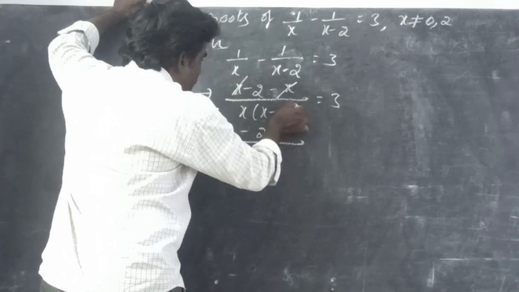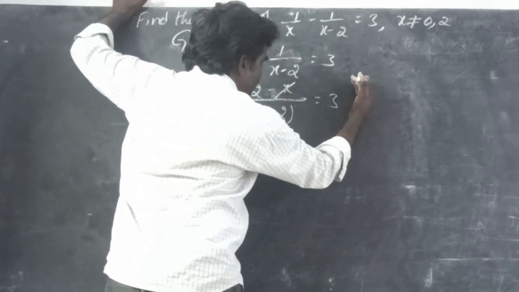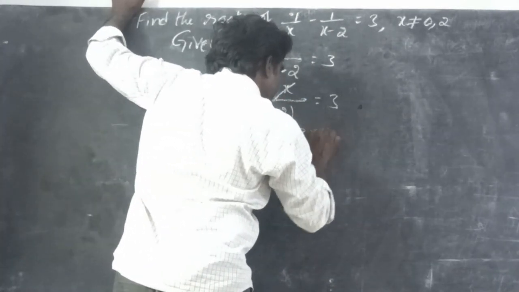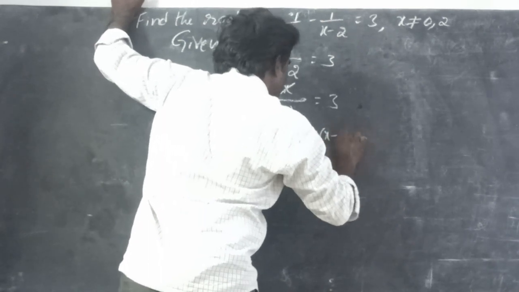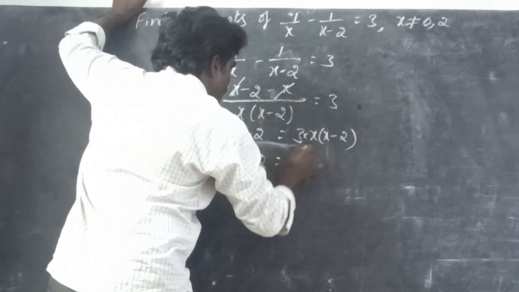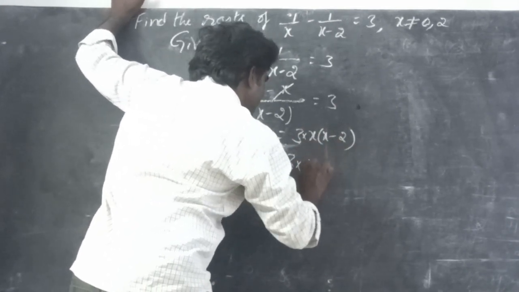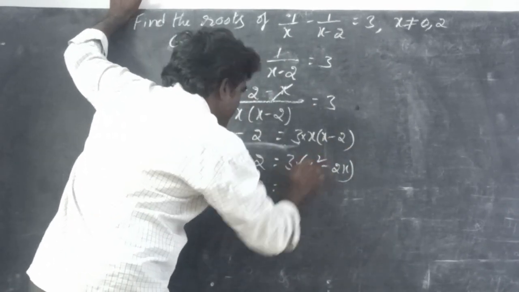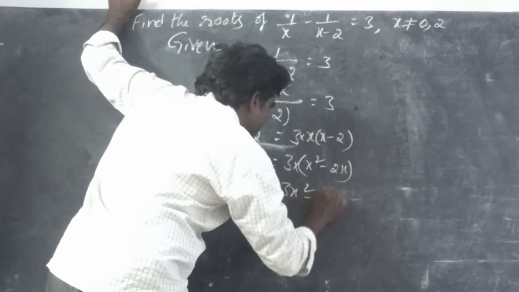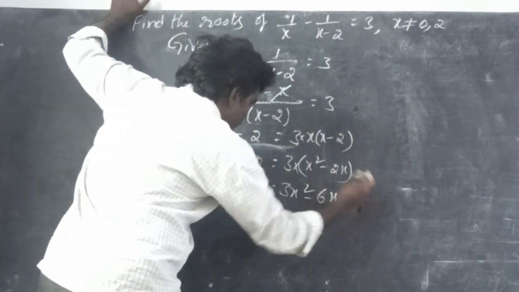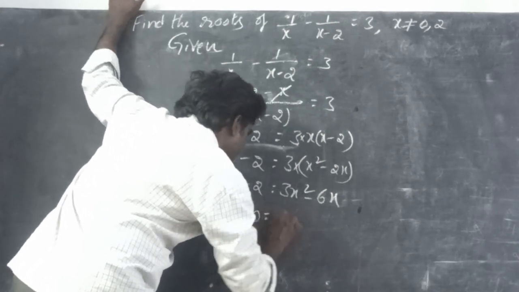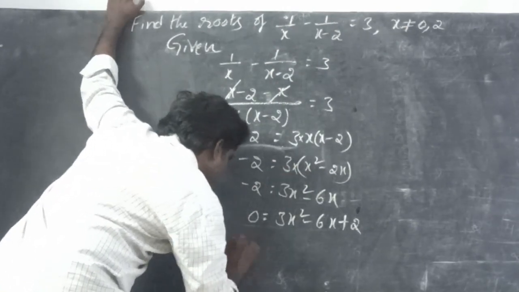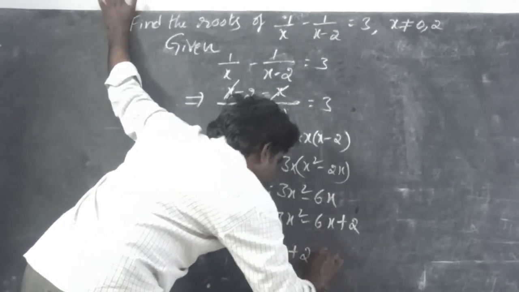Here it is the total division. The denominator is going to the right side and becomes multiplication. Okay, so is equal to 3 into x into x minus 2. So minus 2 is equal to 3 into x into x, x square, x into 2, 2x. Next, minus 2 is equal to 3 into x square, 3x square, 3 into minus 2x, minus 6x. This minus 2 goes to the other side and becomes plus. So here 0 is equal to 3x square minus 6x plus 2. You can write the equation form: 3x square minus 6x plus 2 is equal to 0.